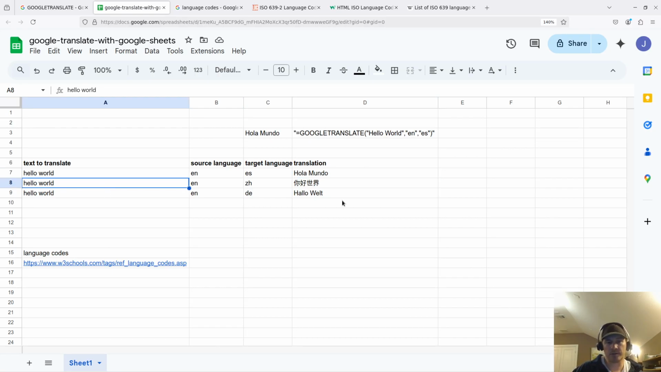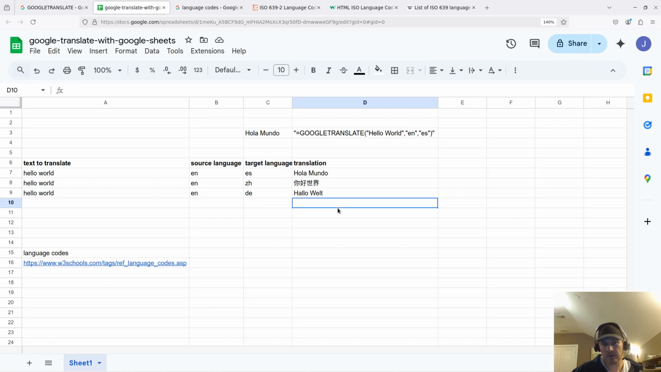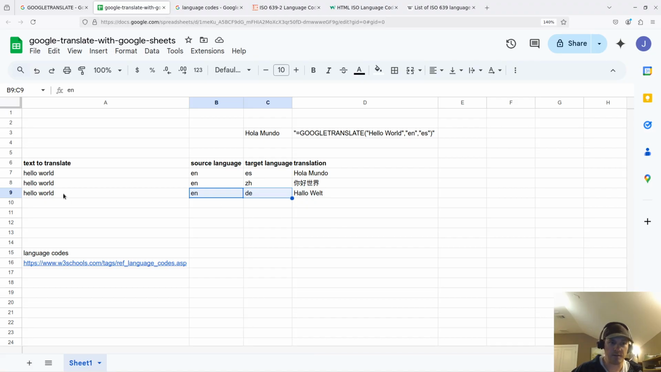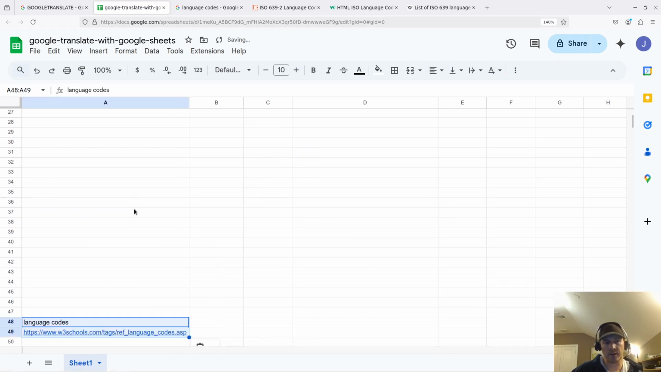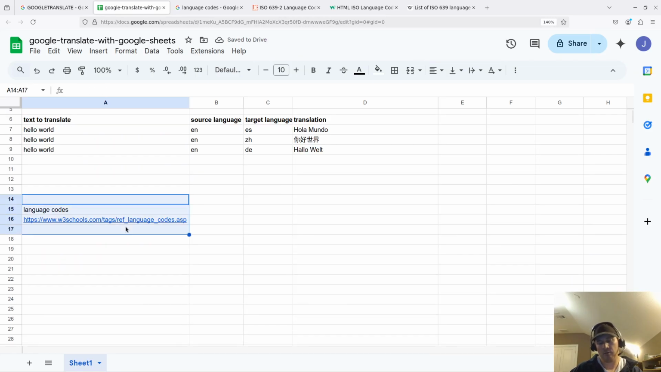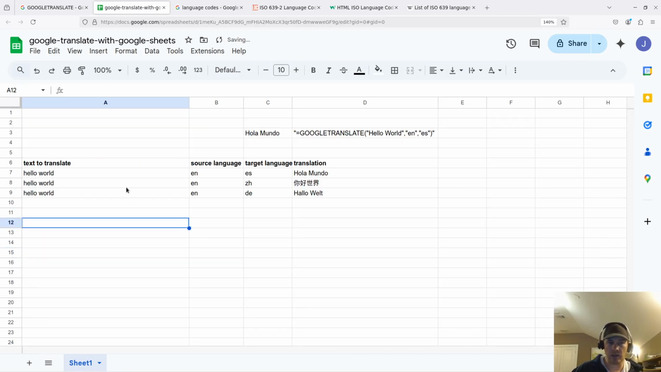Hello world, and I believe that's Mandarin Chinese. It's Ni Hao Shijie. The first two mean hello, and the last two mean world. And this is translated into German, and it's Hallo Welt. Hello world. Now this is just a very simple example. Of course, you could have just used Google Translate for that, but the real power, I think, comes in